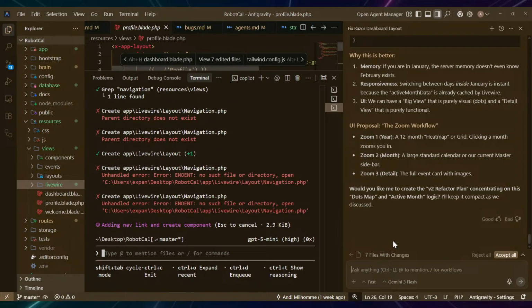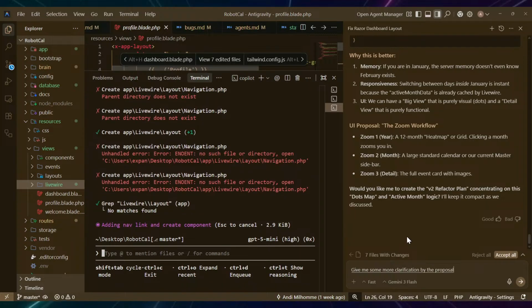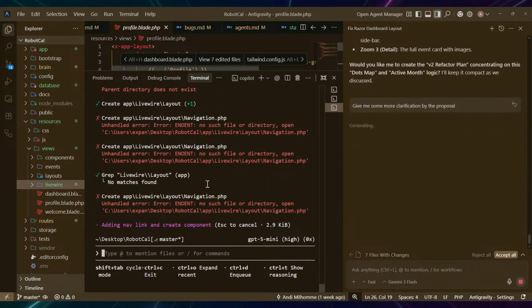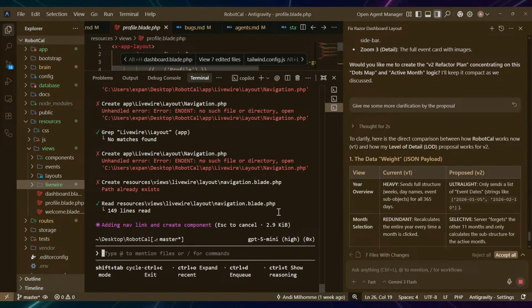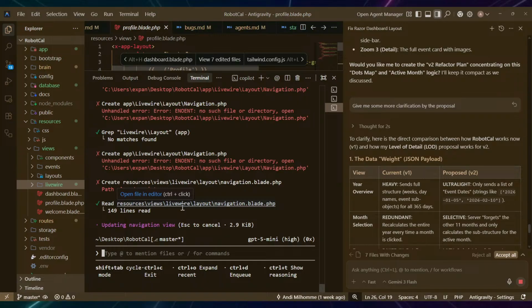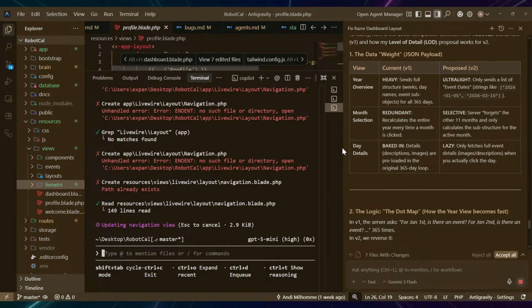Give me some more clarification on the proposal. If you have any doubt, navigate to that page. Okay. Alright, so now it has said